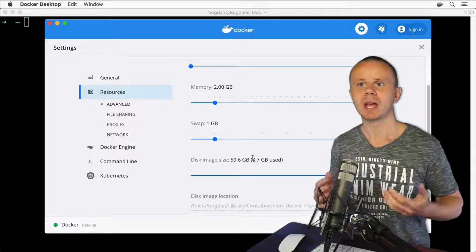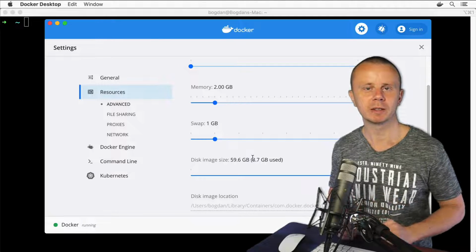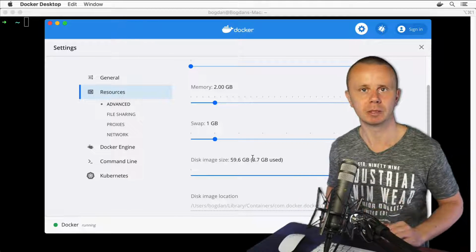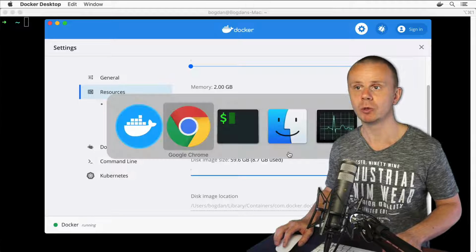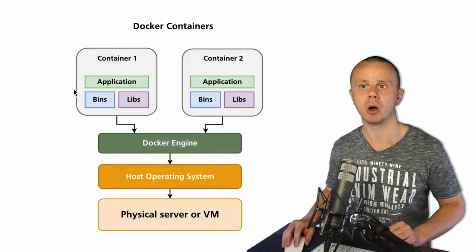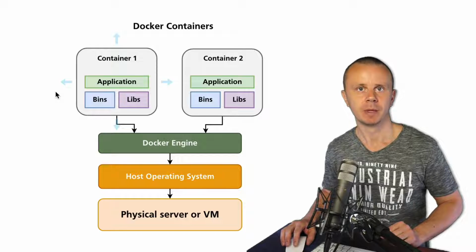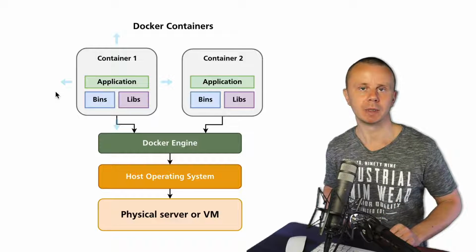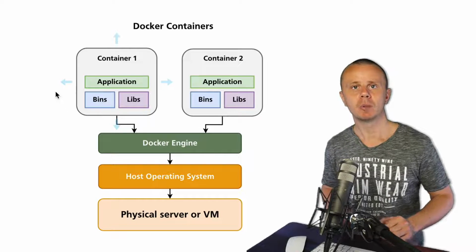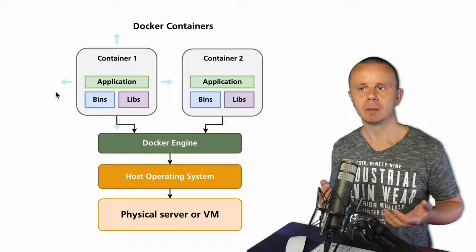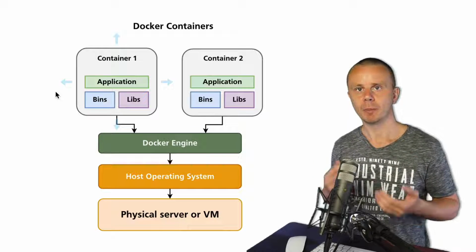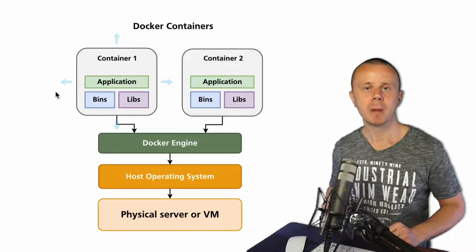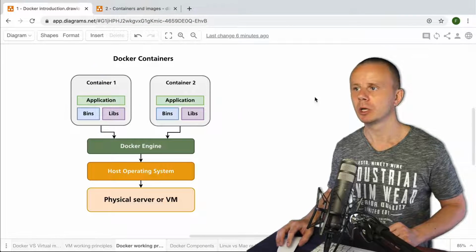And of course, you are not able to run inside of the Docker container, for example, Mac OS operating system or Windows operating system. It is not possible at all. Because again, as I have just shown you, Docker containers don't have their own guest operating systems. They have just processes that are running on top of host operating system. That's it. But now you may ask me a question. How it is actually possible to run containers on Mac OS, on Windows, and on Linux? I'll answer this question in the next lecture, but before wrapping up this one, let me quickly go to Activity